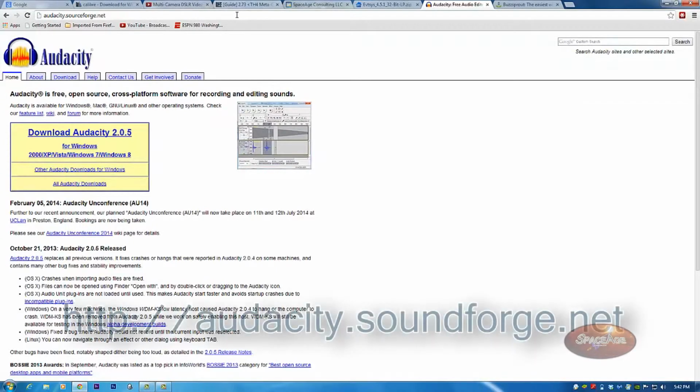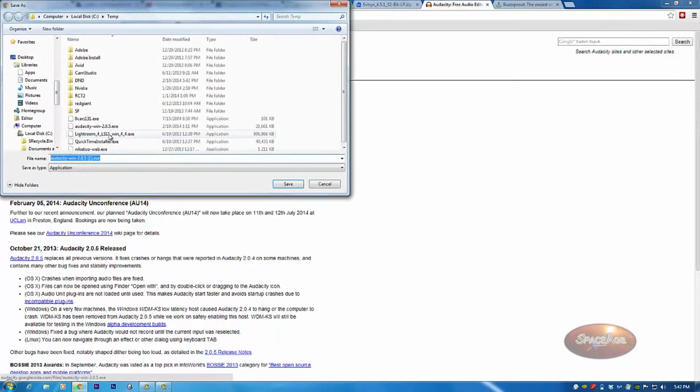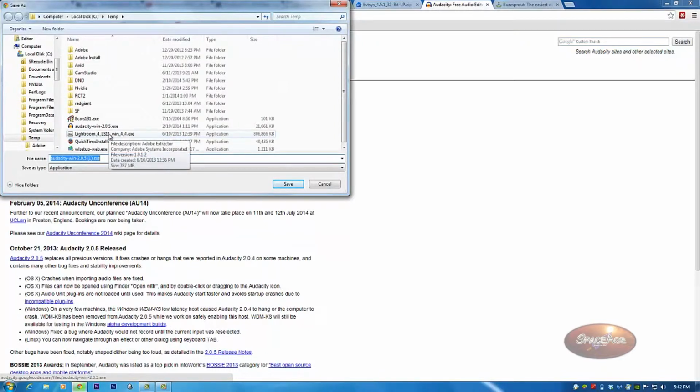The first thing you do is go to audacity.soundforge.net. Because we're using Windows 7, we're going to be using the Windows version, and we're going to go ahead and install this on our system. See, it's a very quick download,